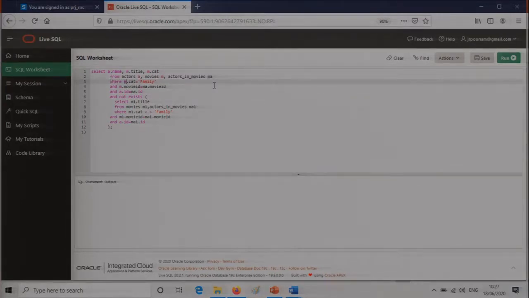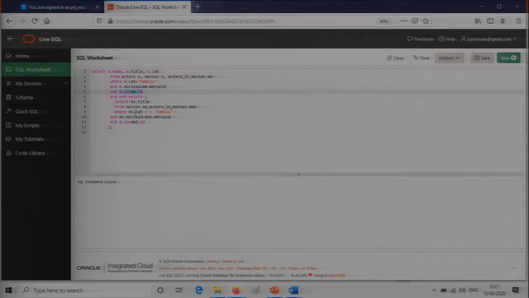And what do we check for? The first thing that we have to check is the category. The category of the movies is family, and then again what I have to do is build the relationship. So I'll say movie ID in the movie table is equal to movie ID in the relationship table, and the actor ID in the actor table is equal to the actor ID in the relationship table.